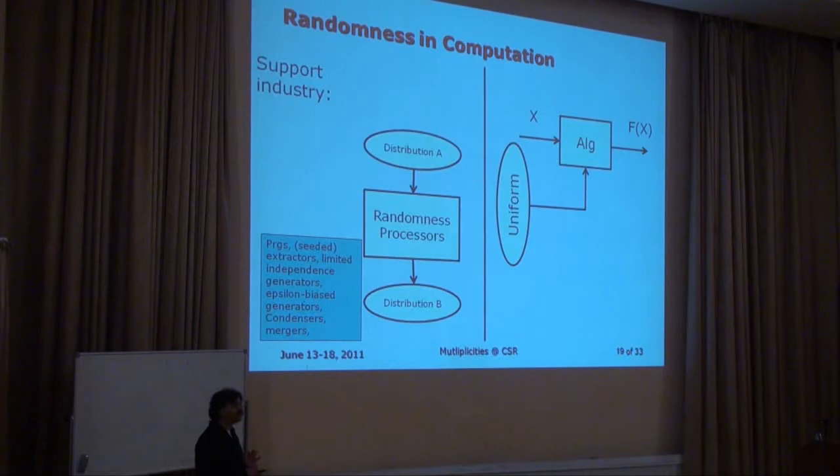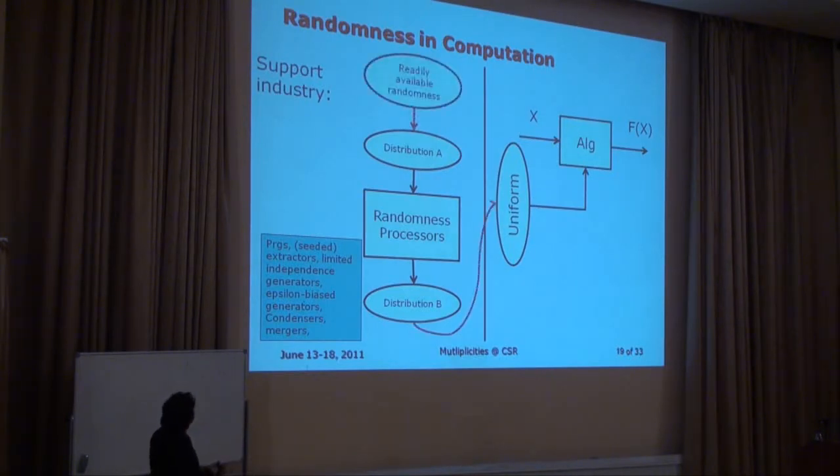And one of the eventual goals is to say, let's start with some readily available randomness, either because it's got very little real true randomness, or because it's physically easy to generate, and make sure that the eventual output is uniform. Why? Because then you can ship it off to the industry which designs randomized algorithms and let them use it. There's a huge collection of beautiful results here, and one of the questions that we were interested in was the design of extractors.